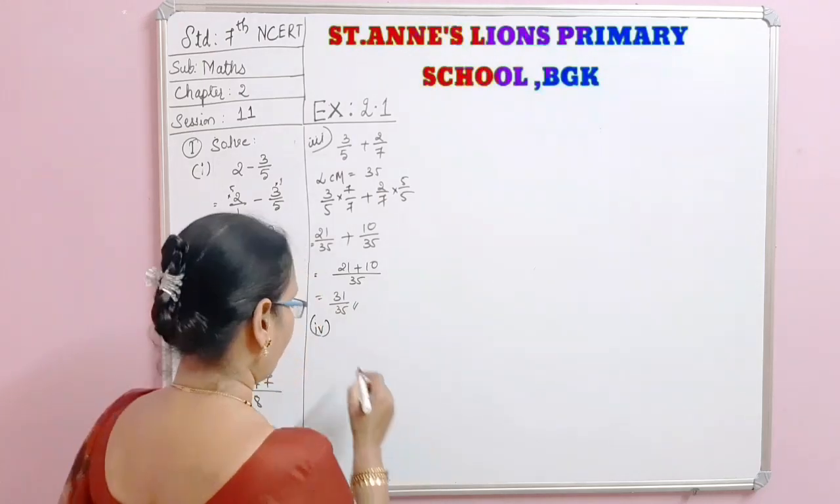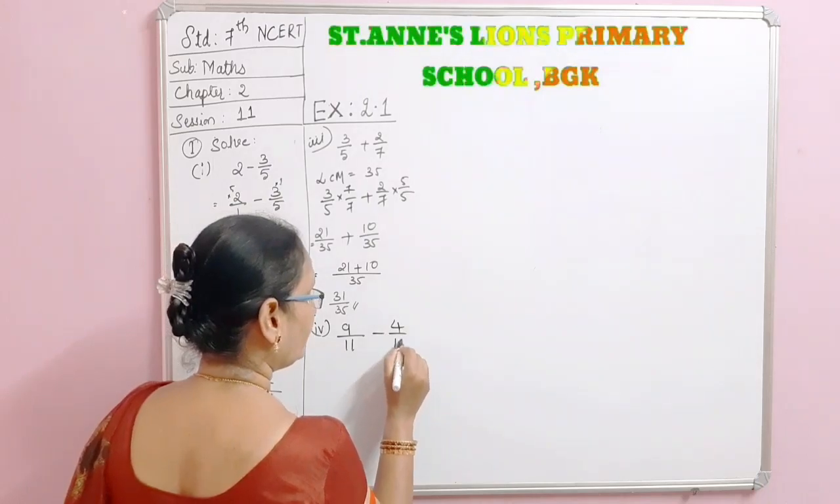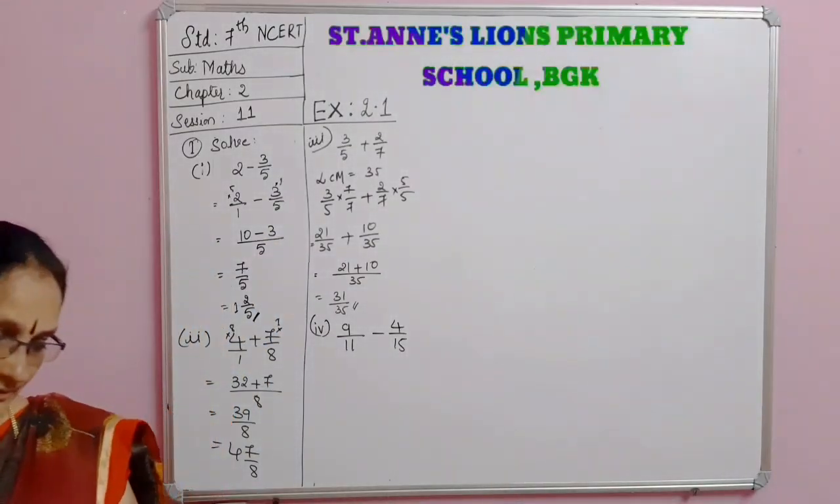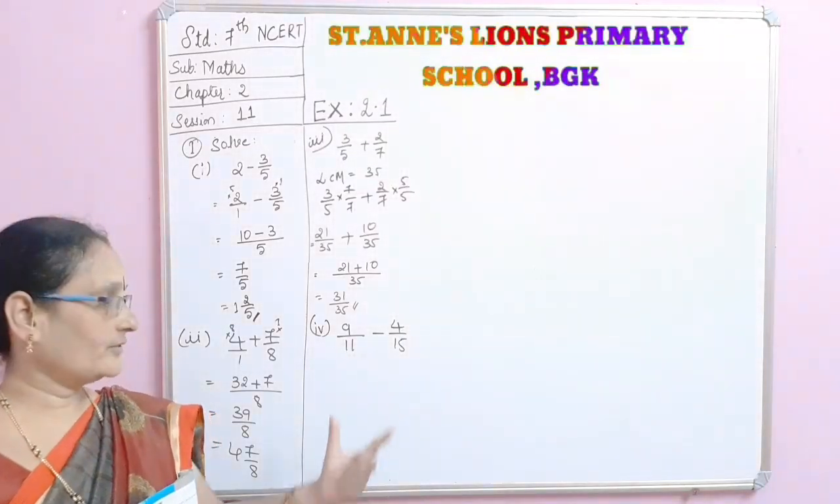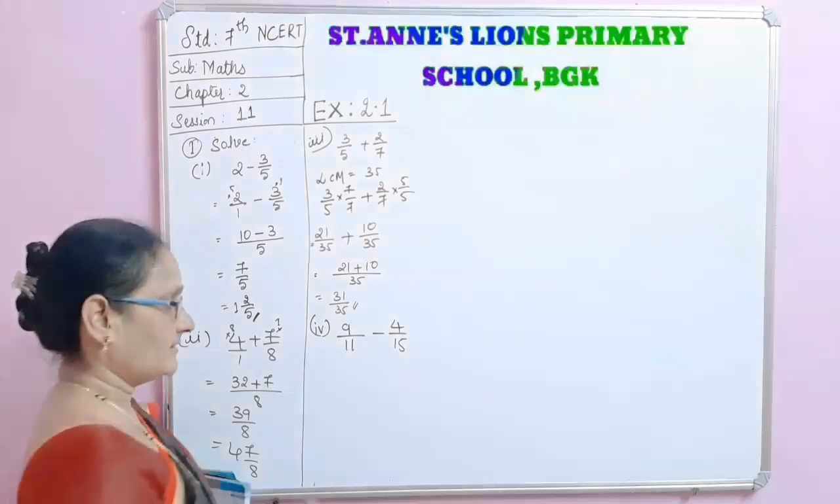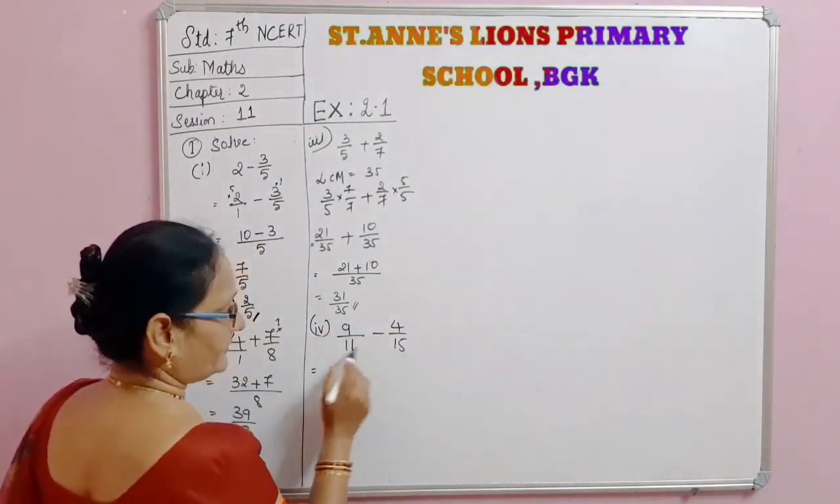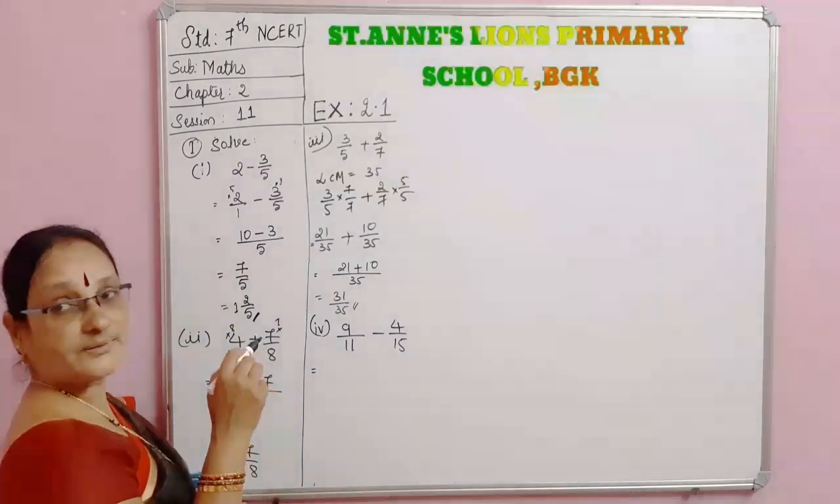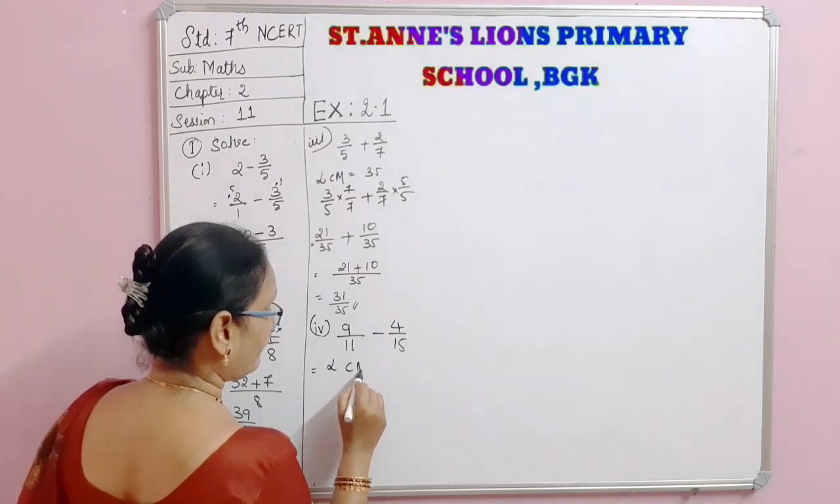Fourth one is 9 by 11 minus 4 by 15. Okay? Here 11 is a prime number. How to find out the LCM of these two? 11 into 15. What is the LCM then? 165. 15 tens are 150 plus 15, 165. So here the LCM is